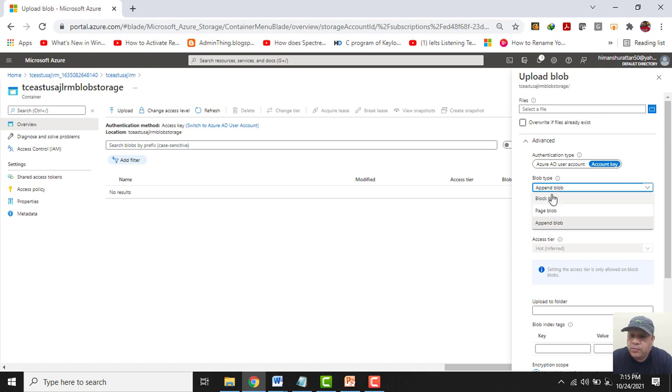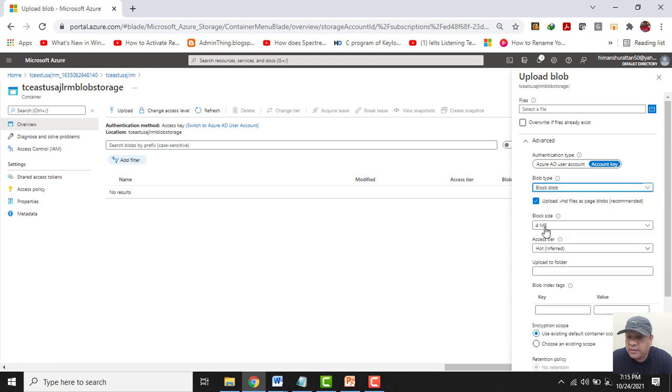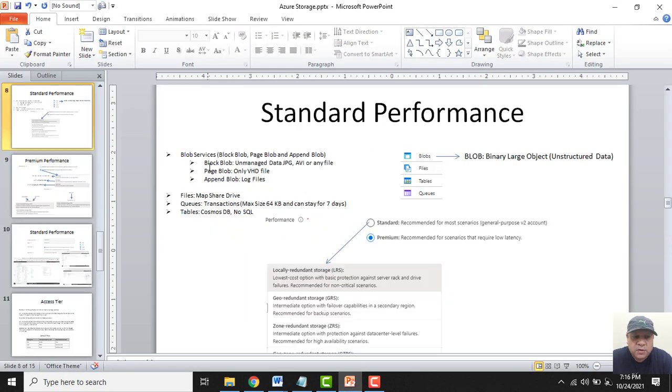Let me share my presentation and then we can proceed. So in blob services we get three options: block blob, page blob and append blob. I will come to files, queues and tables later on, but let me first go with the blob option.